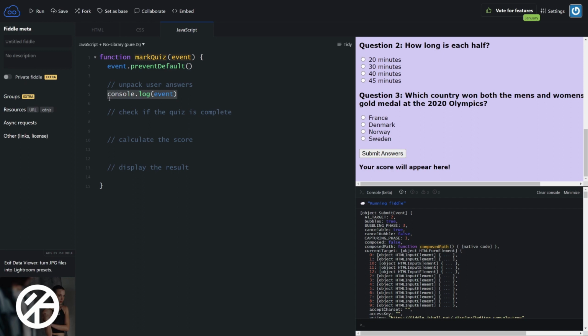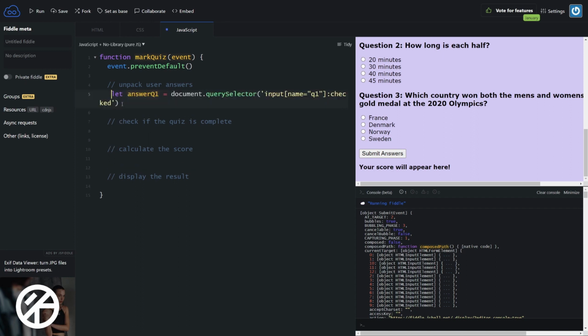Okay, so let's make a variable. In JavaScript, you do that by the let keyword. So let answer q1. So I've again made up, this is just a variable name that I've made up. And a variable is just a name that you can store a piece of information in. Now you could have called this q1 answer, you could have called it q1 info, whatever. I've just made up the name answer for q1. So we're going to say